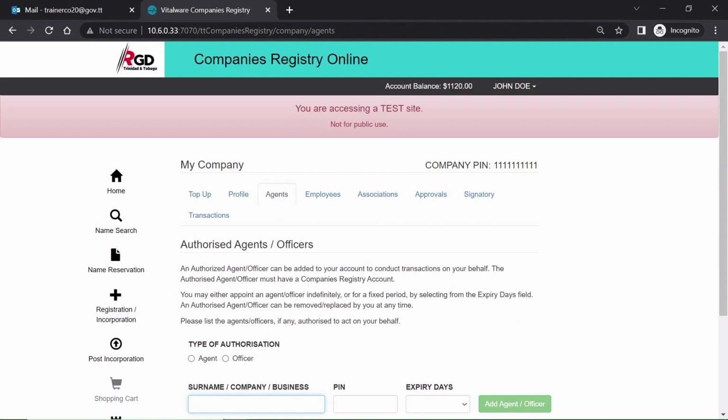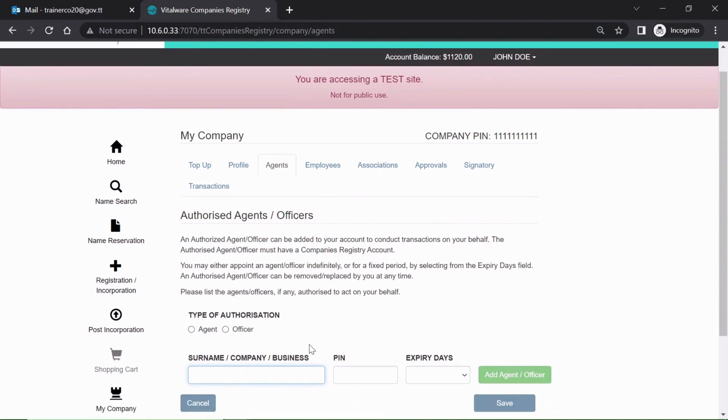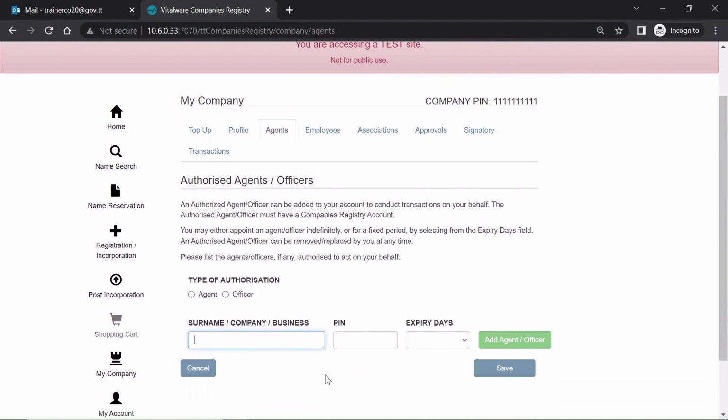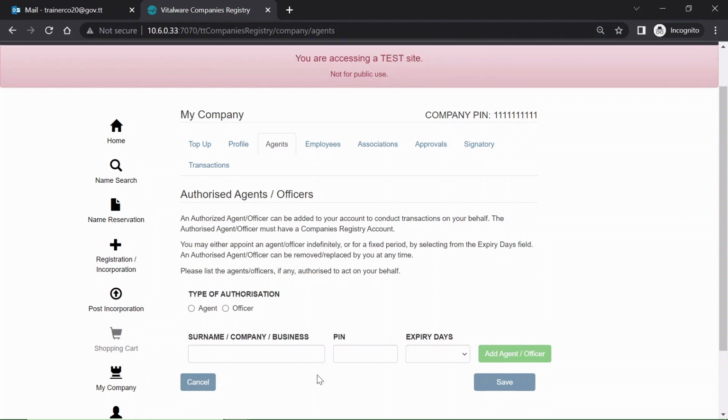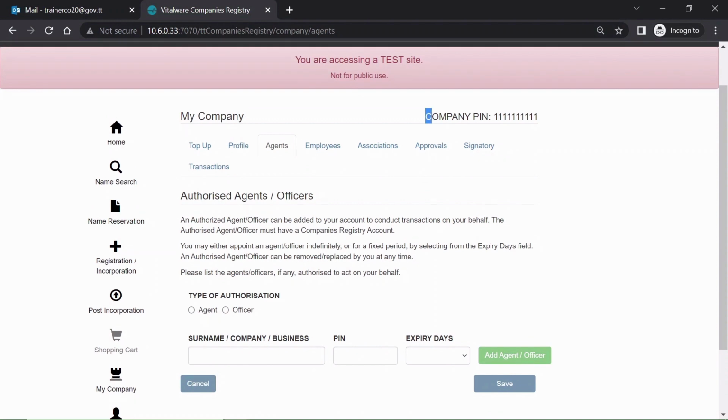Next, we have the Agents tab. This is where you're able to add an agent on behalf of your company. Before, what we looked at was one individual adding an agent to conduct business for them in their own name. This is where, for example, directors who may want an agent to file their annual return on their behalf will come in, log in as a director, and appoint an agent using the same name, whether surname, company name, or business name, and PIN combination to add the agent on behalf of the company so that the agent is able to access